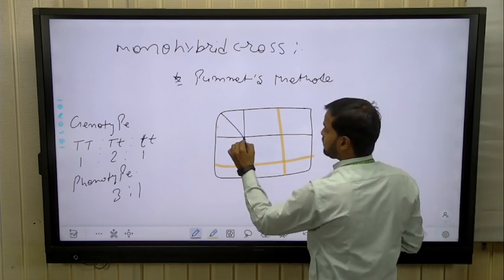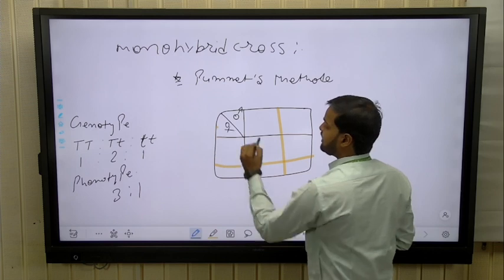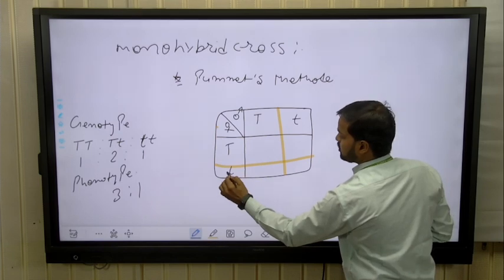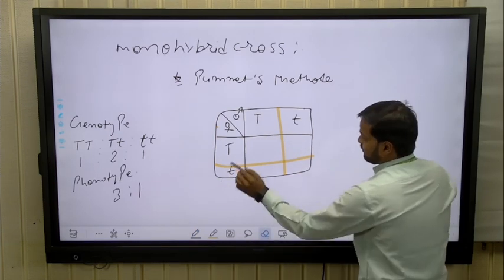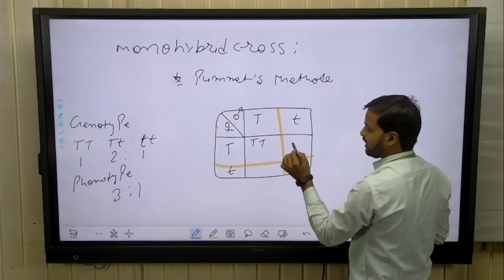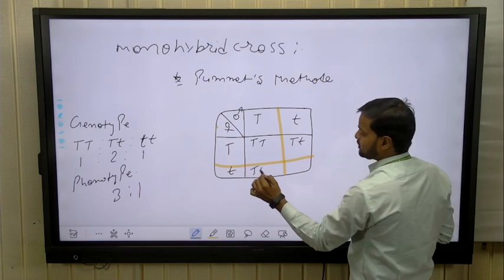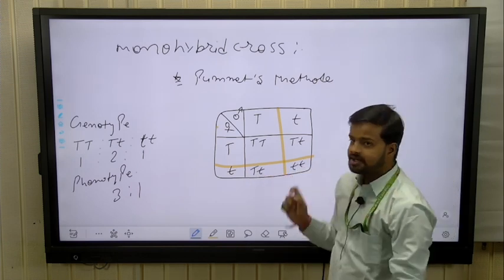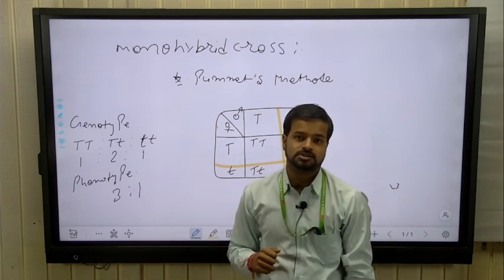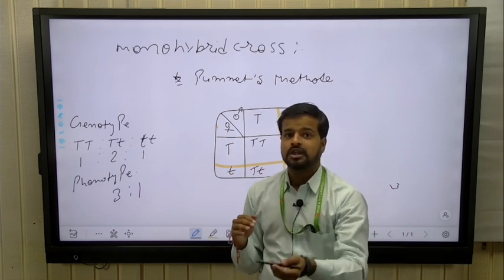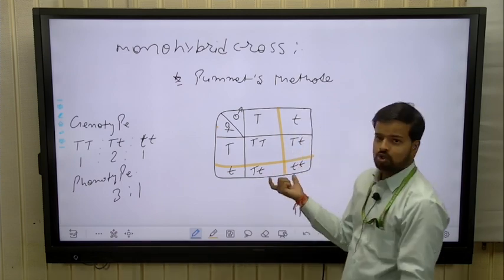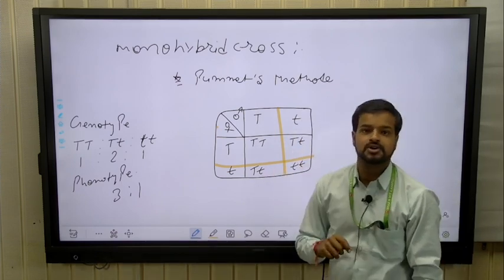In this method, we assume one side is male and one side is female. Gametes will be drawn here, because in F2 generation we found two gametes, and then we mix them. This T crosses with this T. It is easy to draw the F2 generation diagram, as well as monohybrid cross and dihybrid cross, because the number of genotypes and phenotypes will increase and this creates confusion. That's why we resolve it. We use this method, that is called Punnett chart method.